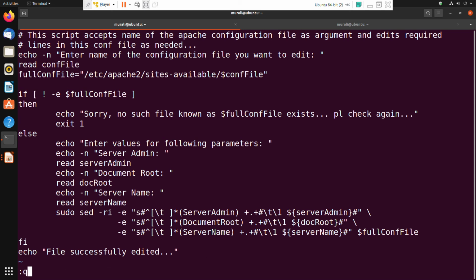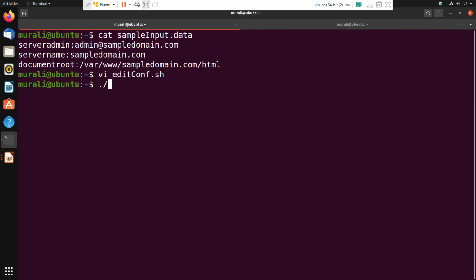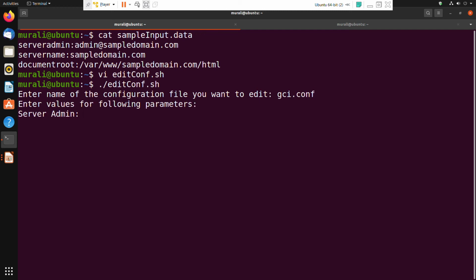Okay, fine. Now I am executing this shell script. Enter name of the configuration file: gci.conf. Enter values for the following parameters: server admin, admin at sampledomain.com. So that is a reference for me, so I can type that out.